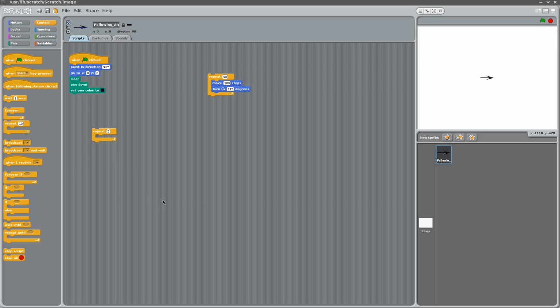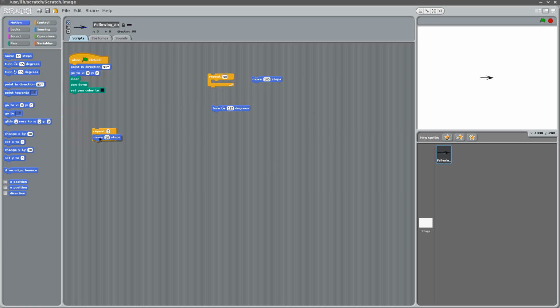it 5 times, and instead of making a straight line, which is what this move 100 steps block here is doing, we can say something like move 30 steps. So that'll be over 100, but that's okay. And after each 30 steps we'll turn about 15 degrees. That sounds good. And if we go ahead and run that, we'll see that the script actually, instead of making